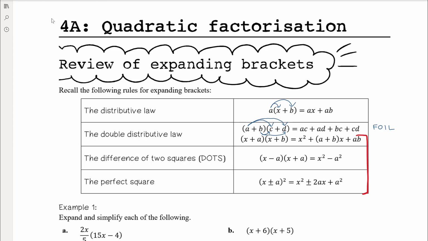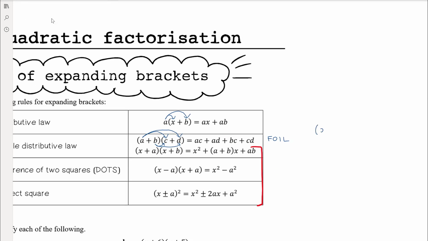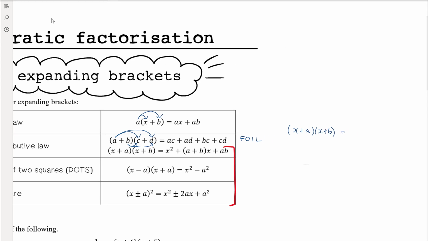If your brackets are (x + a)(x + b), which is what we'll commonly see throughout the quadratics chapter, when we expand using FOIL, we get x times x, x squared, outside x times b, so plus bx, inside a times x, so plus ax, and last a times b. We get these common like terms, bx plus ax, and if we take out that common factor of x,